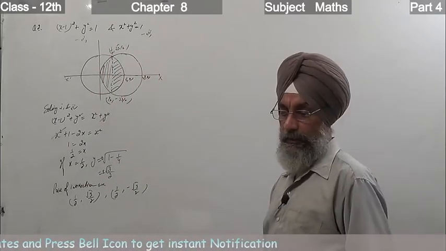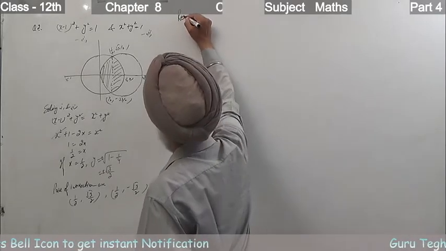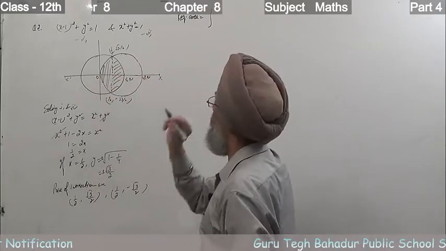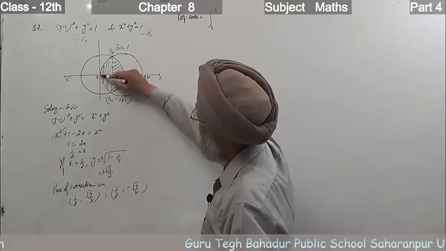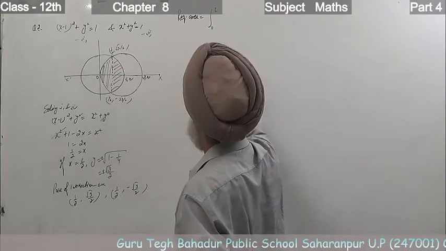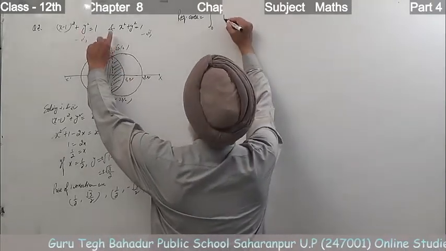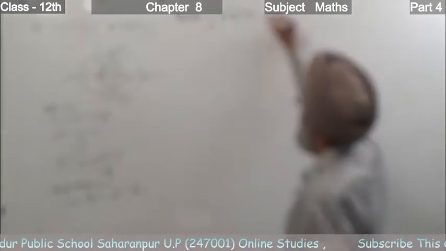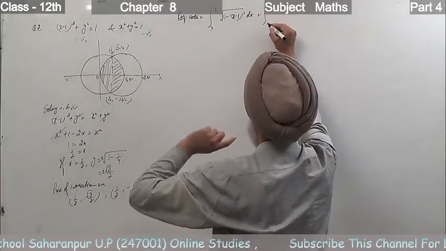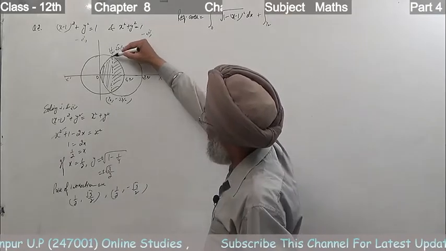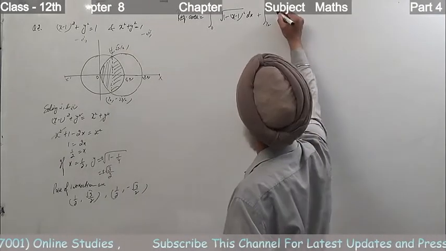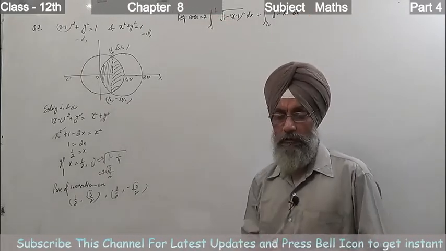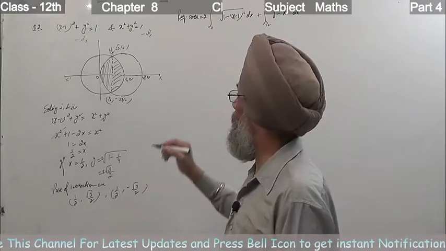So, we have to find the required area. The required area is given by, first of all, you can see we have to move from 0 to half. From 0 to half, which curve is here? It is the curve of the first circle. So, we take y is equal to square root of 1 minus (x minus 1) whole square, that is the value of y here, plus then we move from half to 1. Here the curve is of the second circle, it is square root of 1 minus x square dx, and it is symmetric about the x-axis. So, we take 2 times of it.